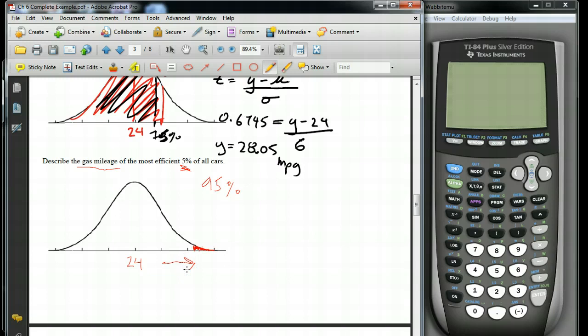So describe the gas mileage. Let's do this very similar to the previous question, except they just wanted you to pick up on this little twist here. It's not 5% that you're looking for, it's the 95th percentile. So again, let's get a Z-score for this. So the Z-score